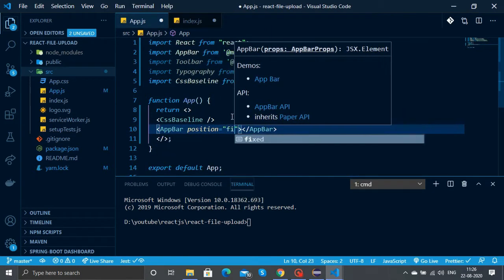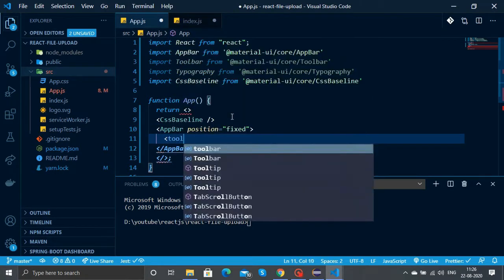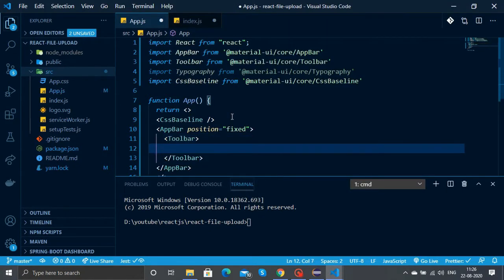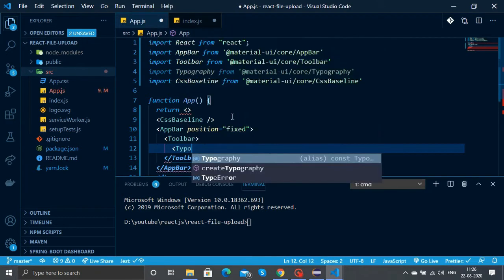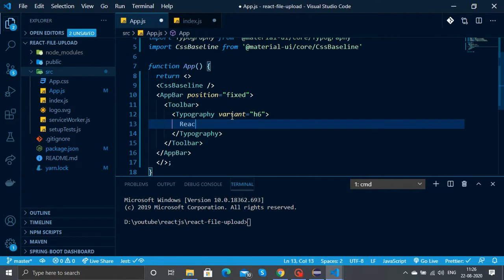Let's give the position as fixed so that the app bar stays on top, and we'll use the Toolbar inside the AppBar. Inside the toolbar, we'll give the Typography. We'll use the variant of h6, so it will be a heading. Let's give the text as React File Upload.